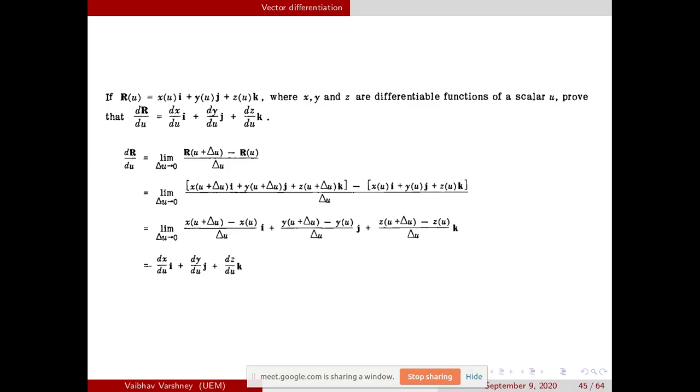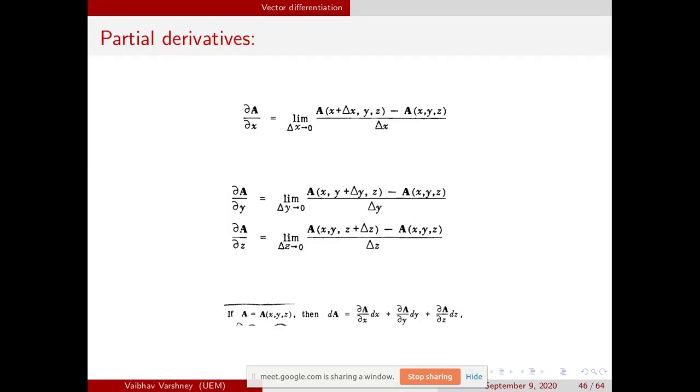Now this is the ordinary derivative. Now we will go to the partial derivative. The only difference in both derivatives, now you can see, if we are taking the partial derivative of a with respect to x, then you can see that in this expression only x is changing. y and z are as they are. Limit delta x tends to 0, a of x plus delta x, and y and z are as they are, and we are checking the change of a only with x. That's why we call it partial. It's not the full derivative. It's a partial with respect to one variable.